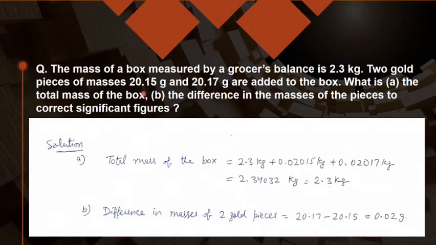Of course, this is given in gram, so I have to convert it into kilograms before adding. All should be in the same units, then only I can add up the things, not otherwise. And when you have to find the difference, again you can write it. It's a very simple question I have taken for you. This result is coming 0.02 gram.